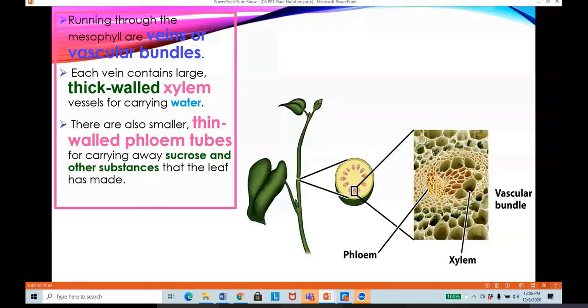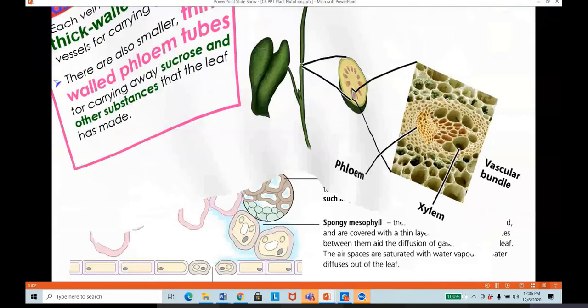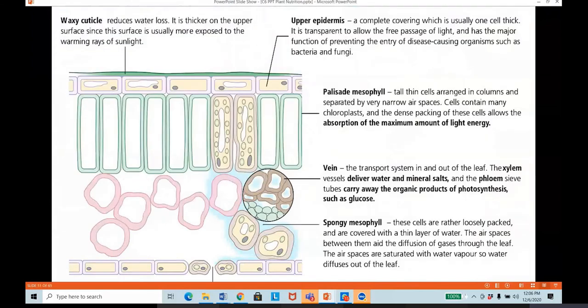The xylem helps in the transport of the mineral ions and water from the roots to the rest of the plant, whereas the phloem carries the sucrose and the other materials made by photosynthesis to the rest of the plant. Here we studied the function of each and every layer, starting from the waxy cuticle, whose function is protection and also